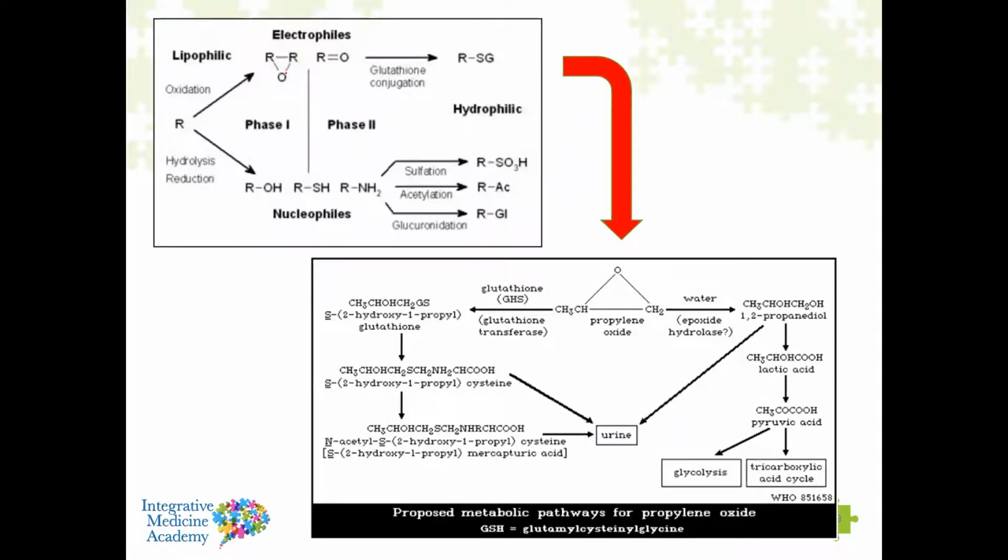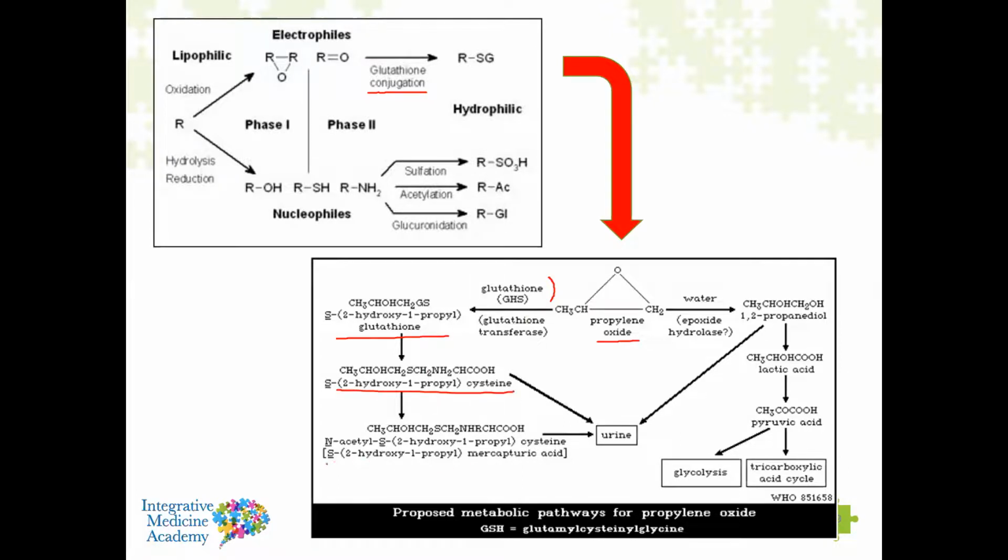And its chemical structure is something called an epoxide. Basically, these are very reactive chemicals where you've got primarily an oxygen bound to two different carbons. There's a lot of strain within that chemical bonding sequence that makes this a very reactive chemical. But through the process of oxidation, we need good glutathione conjugation in order to break it down and get rid of it. Okay, so here's an example of propylene oxide that gets converted through glutathione into different derivatives or